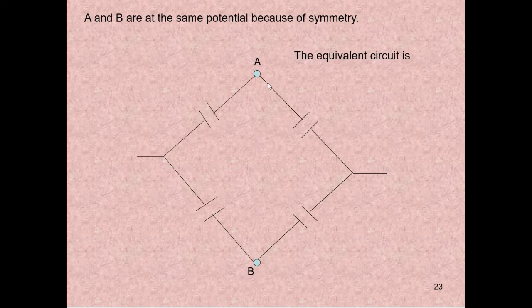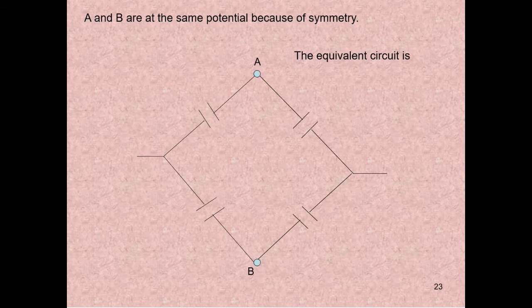These two in series because there is no branching. These two in series because there is no branching. Then this series and this series in parallel. Find the answer. So then you will get C, sir. Correct. Very good. The final answer is C. C and C, C by 2, C and C, C by 2, C by 2, C by 2 in parallel. So C. Series formula, parallel formula you should use correctly.